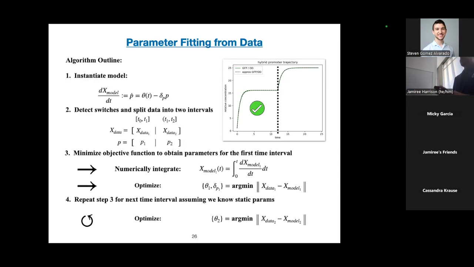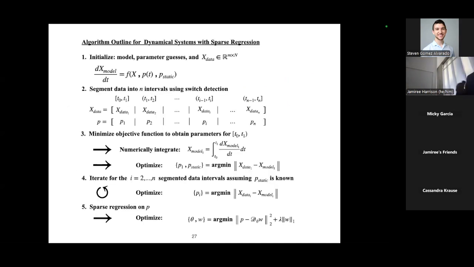So in your next step, you can just assume you know delta P1 because you found it in step 3. And that helps reduce the space of parameters ultimately. And yeah, so we can generalize this method. In generalizing this method, we can now detect n switches, arbitrarily as many switches as take place in the data. And then